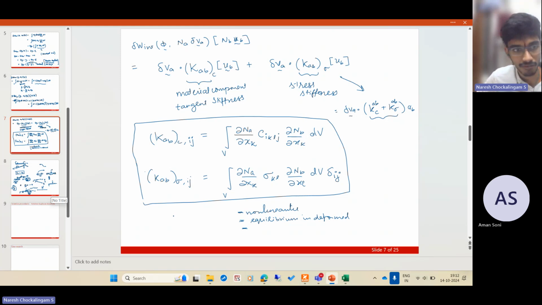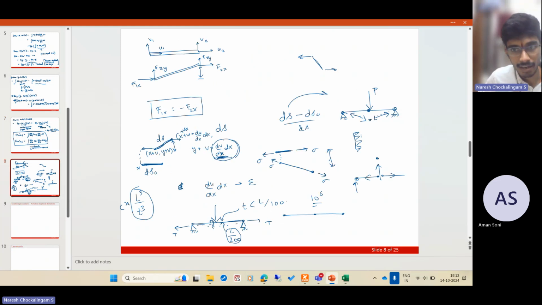Equilibrium in the deformed configuration always holds, but if you consider a bar, either this example or this stretched bar example, the strain is due to both components of displacement. So if you have a stress that is initially acting, that will give rise to some